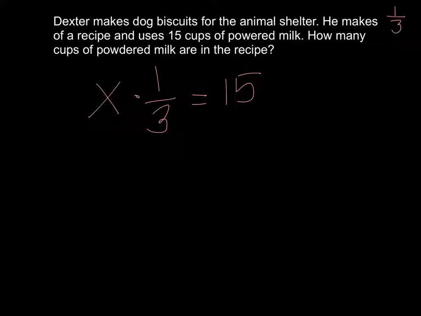So the amount of cups in the original recipe, I'm going to take 1/3 of that, and now I have 15. If I put this in terms not using fractions, I could say I'm going to make half of the recipe, and now I'm using 12 cups. How many cups were in the original recipe? So in that case, I would do x